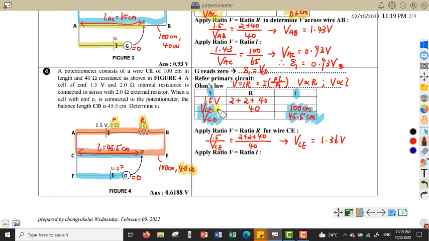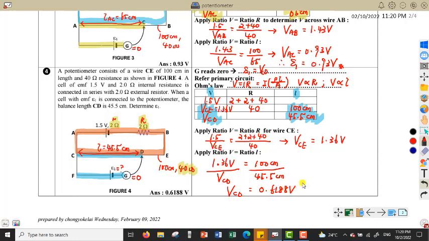Okay, so we have this one. VCE we already calculated is 1.36 volt. So I write it down here, 1.36 volt is equal to 100 cm. So VCD, the balance length, has a length of 45.5 cm. So we can find the voltage across the balance length C to D. We can do the calculation, we get